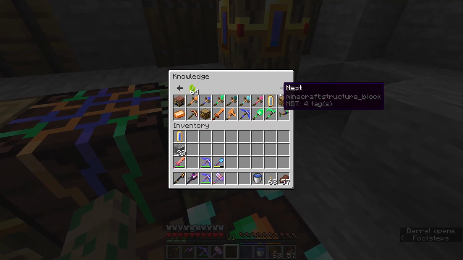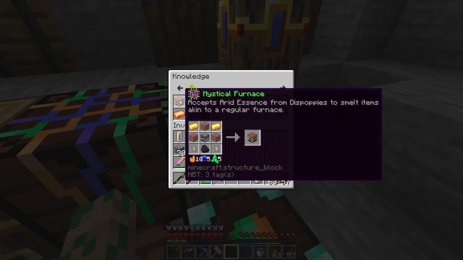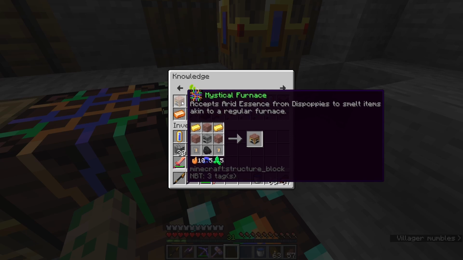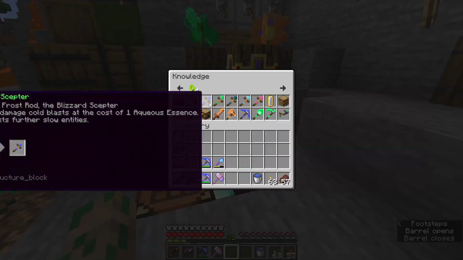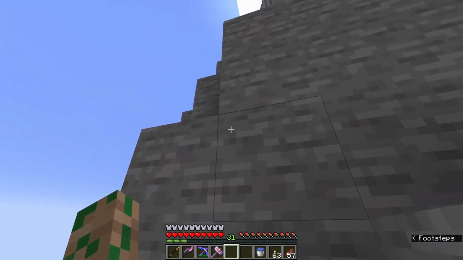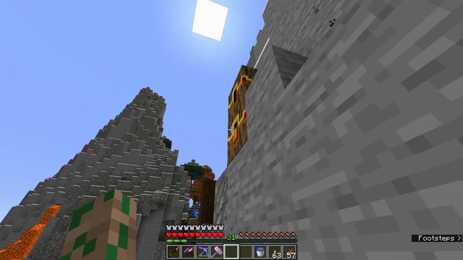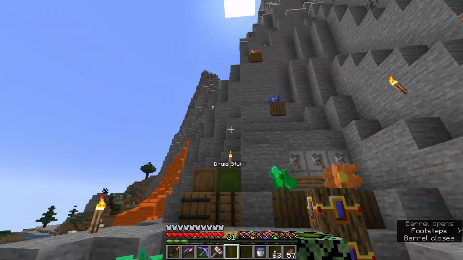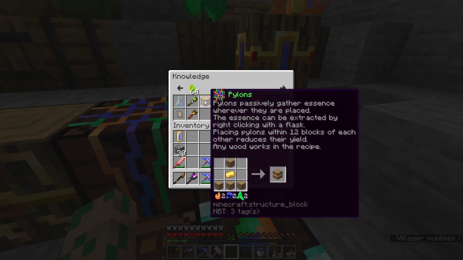But we are trying to make a bunch of these mystical furnaces, and they require quite a bit of iridic essence, as well as 2 of these basic runes, so they're not cheap to make in bulk. And there was a problem with some of the iridic essence collection up here in the mountain. It looks like that's resolved itself, so while we wait for that to build up,